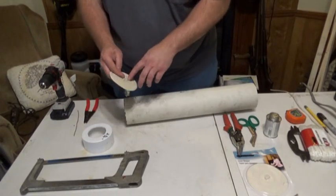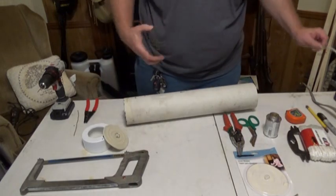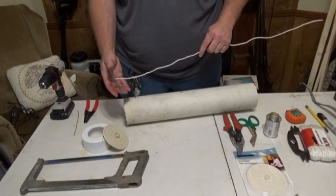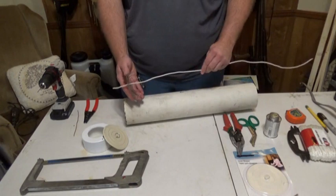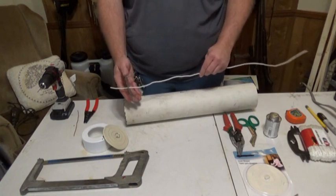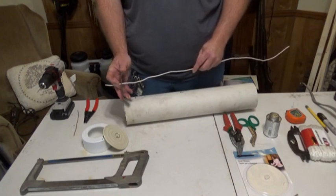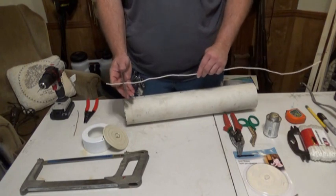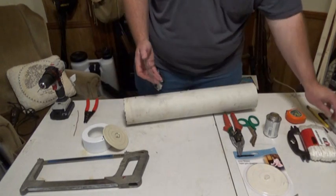And this is going to be attached through this wire mesh. And the reason for this wire mesh is two reasons. One, it's going to keep your release wire kind of in the middle. Again, it ain't got to be perfect, but it keeps the stopper from going up too far, and it also keeps your wire kind of in the middle of your pipe. So anyway,